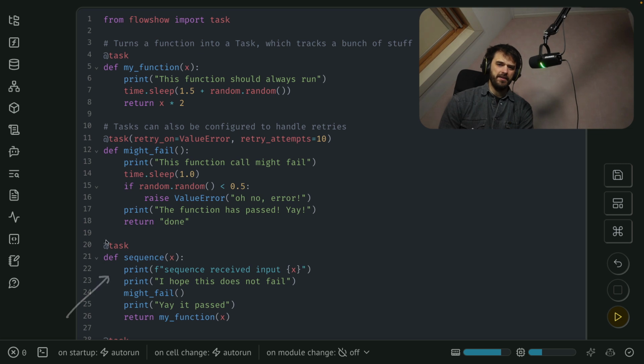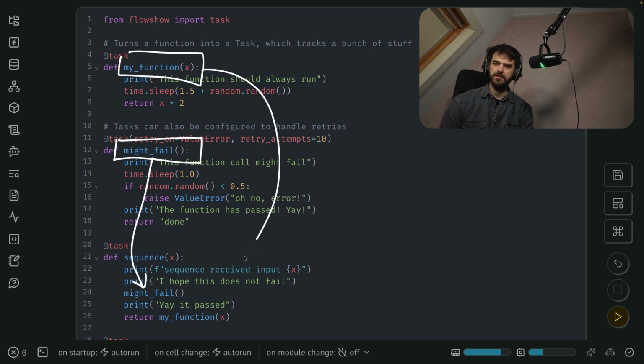Down below here, I've got another function that I'm turning into a task, but this one is interesting because what it's doing is it is actually reusing other functions that are tasks. So this might fail over here. That's something that's being used right there. And this function over here is being used internally over here. And we're going to see this in more detail in a bit, but you can kind of see a bit of hierarchy. I have one task that has children tasks,